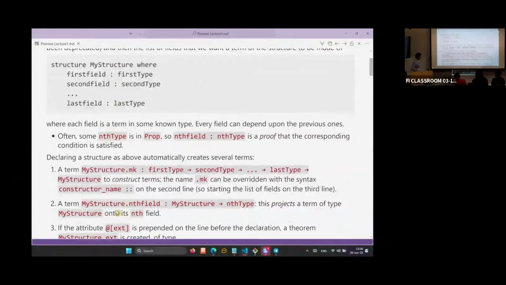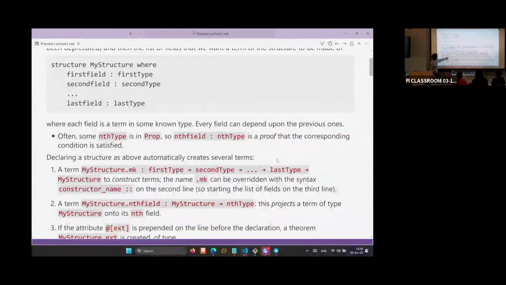So this shows you that my structure is indeed a type, and this tells you how you can construct terms of this type. Because once you want to produce a term in my structure, what you have to give yourself is a term in the first type, then a term in the second type, then a third in the third type, and so on, up to the last type.